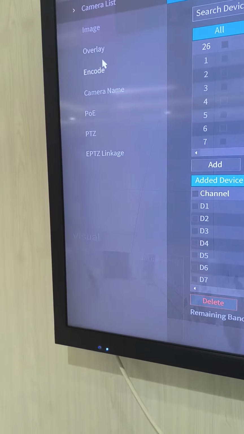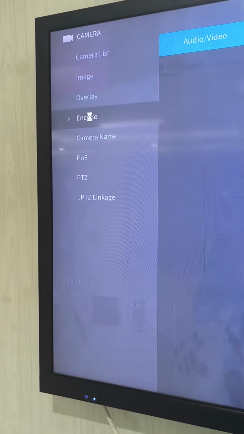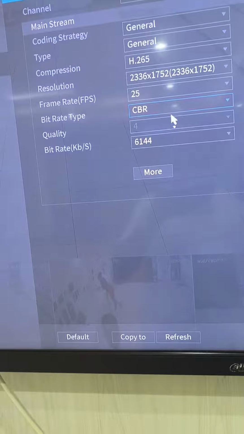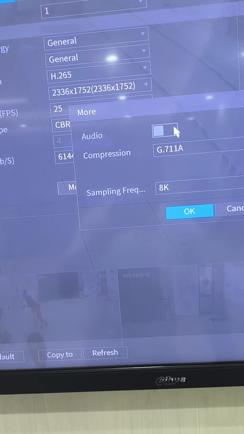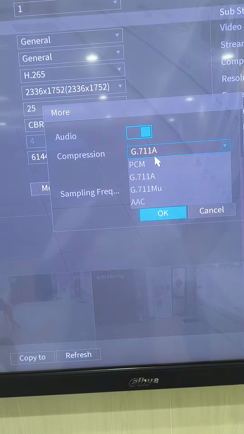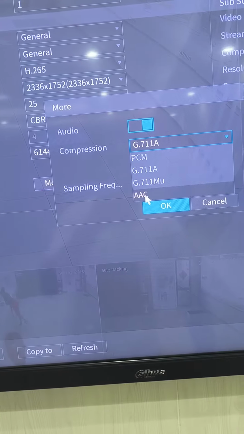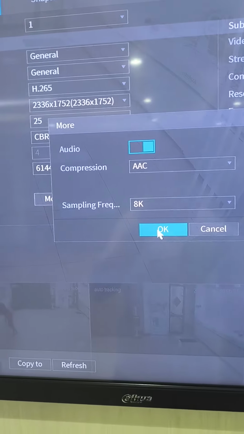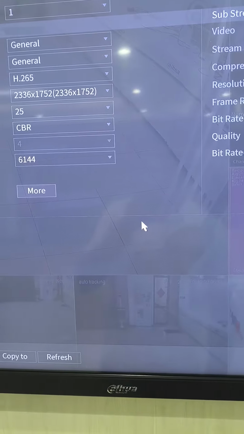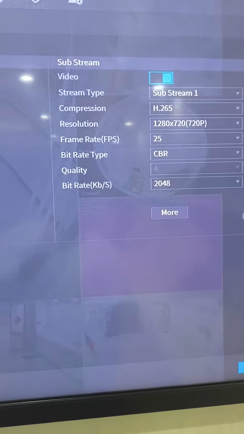Then I go to encode. And in the encode settings, there's usually more. So if the camera has a built-in mic, you can enable audio. Also choose the compression you prefer based on the requirement, and then I guess sampling, just leave it as default, and then that's it. So once you do that for the mainstream, also do it for the substream, because if